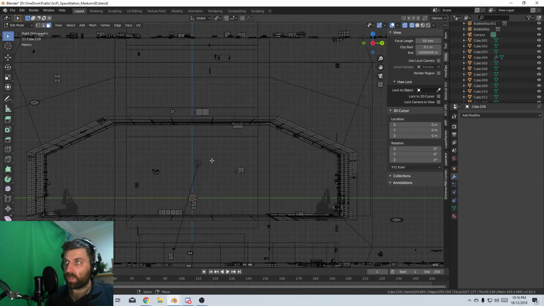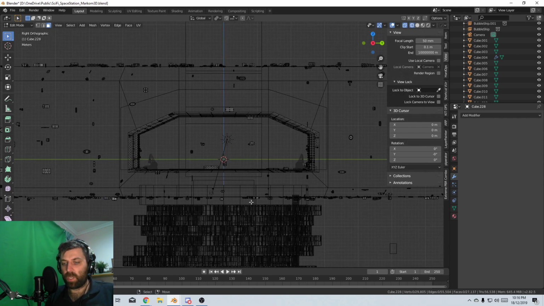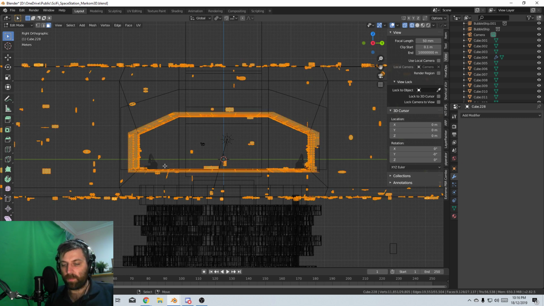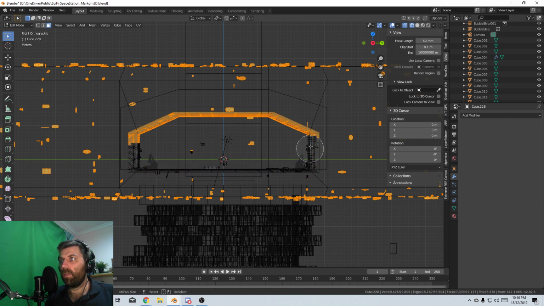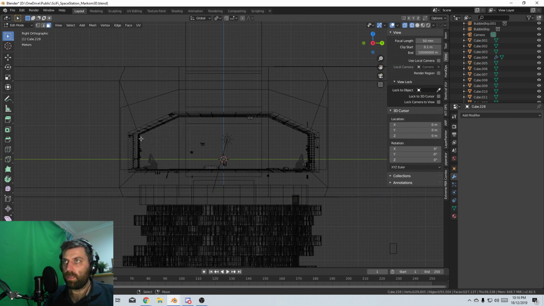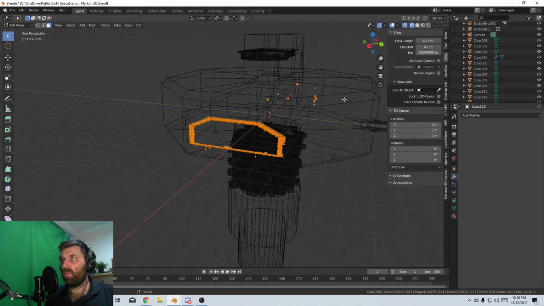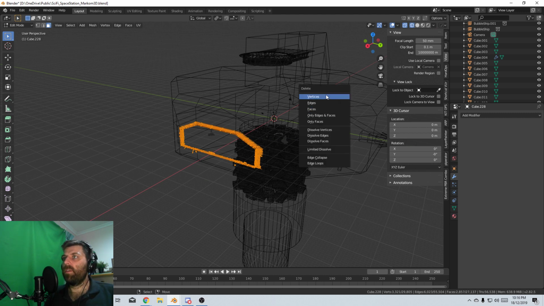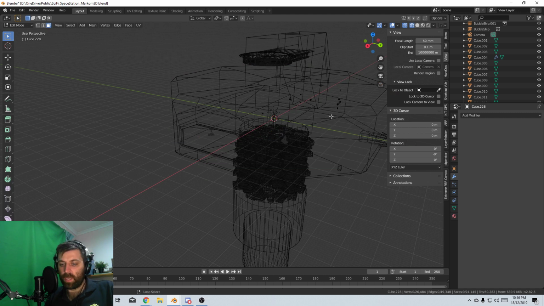And look at all these greebles we've got lying about. So I'm just going to quickly grab most of these now. And if I delete some, I'm not too fussed. Control L, you jerk. Actually, I can select everything. Let's go C, middle mouse, and we'll deselect all this stuff. And let's go hide. And then we select all this. Beautiful. Deselect all that. Delete vertices. There we go. And so now if I go Alt-H,